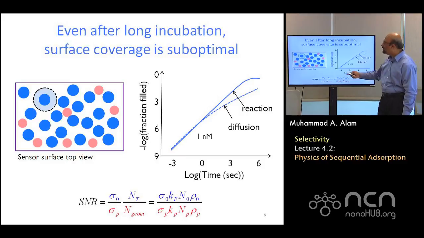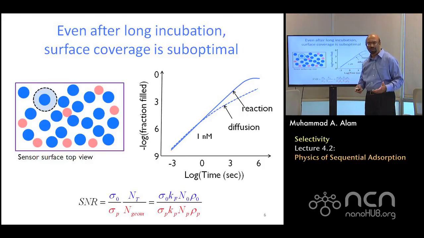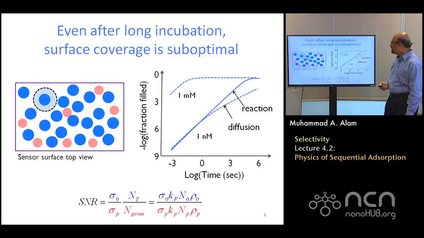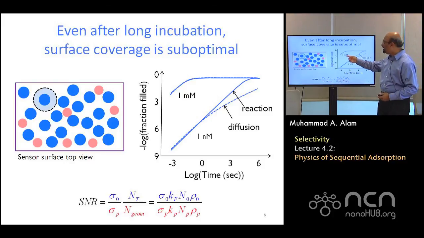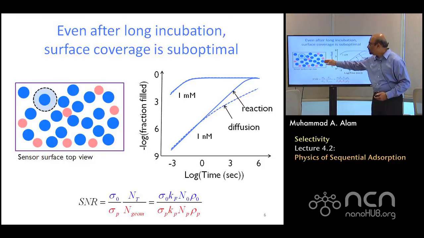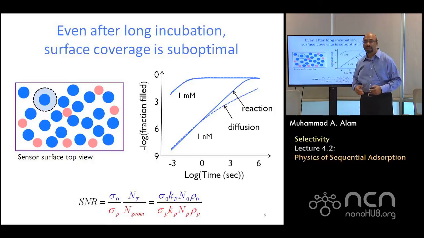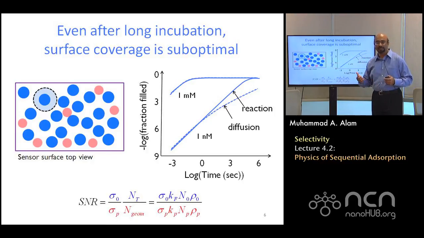So let me tell you the physics of this 54%. Why so low? Why can't I make it 90%? By the way, if you use a very high density, then you can reach the 54% relatively quickly. So for the capture probes that you have, often you will see in the recipe, they say to use a high concentration and incubate overnight, prepare the sensor overnight before you do the detection. This is why.